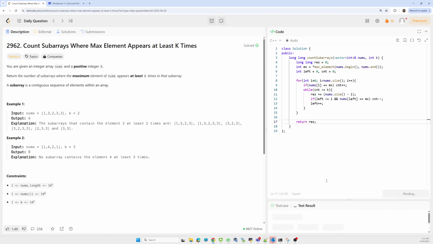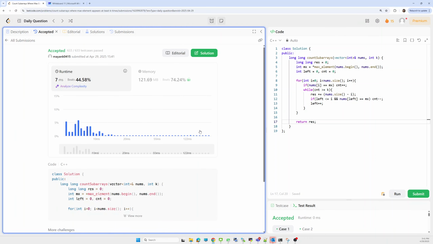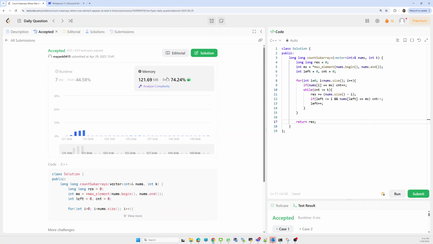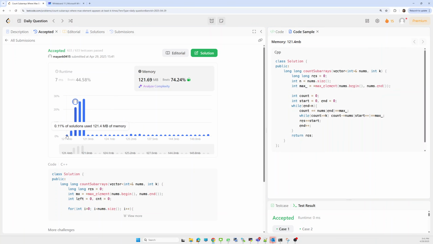Just check. So it is working. Okay, we'll try to submit. Now it is working, but if we see it is having some memory constraint, let's see what the optimized solution is.